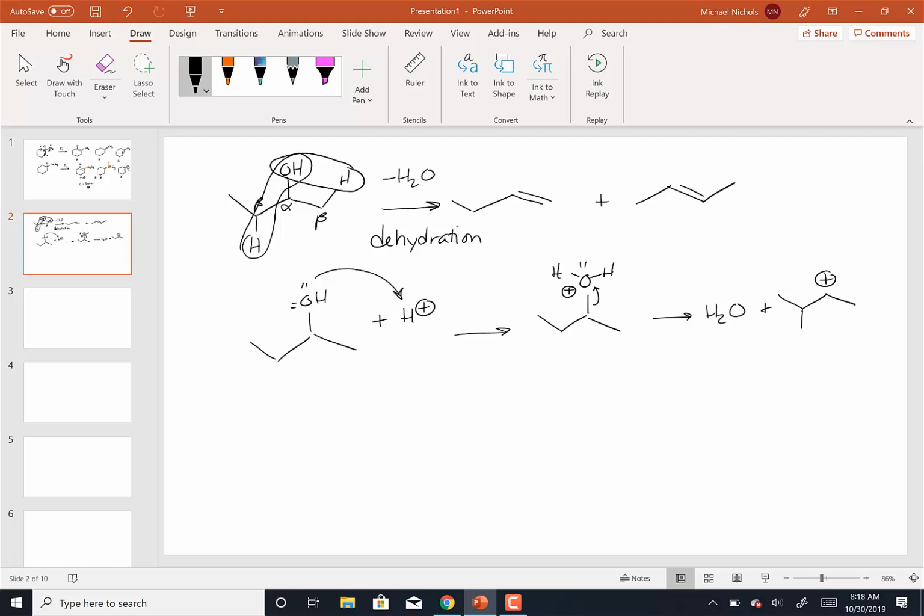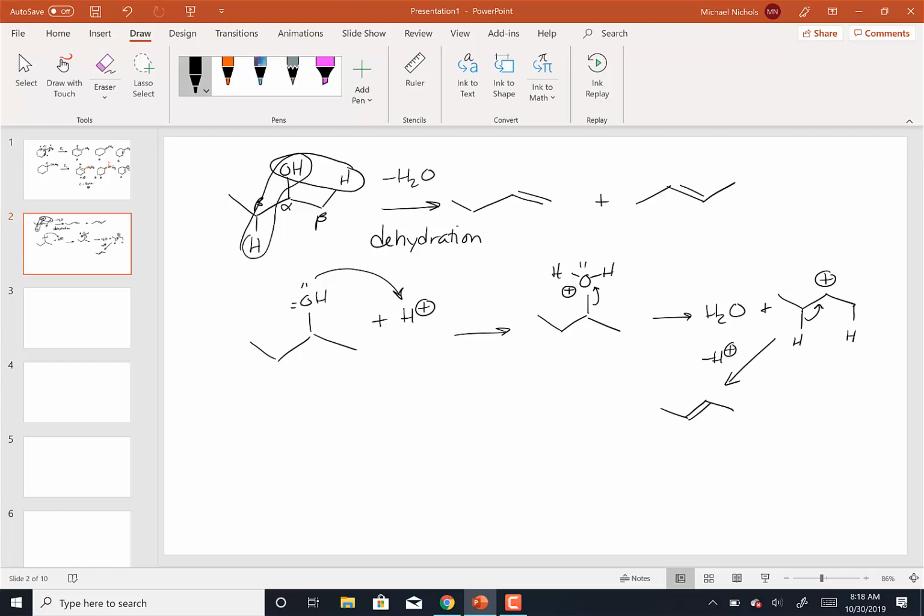The carbocation basically then becomes the alpha carbon. I look at all the possible beta hydrogens that I can lose. In this case, I have 2. And so I'm going to take this bond. For instance, for this one, I'm going to lose this H+. So I'm going to lose an H+, and I'm going to form